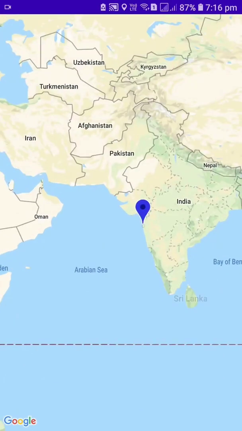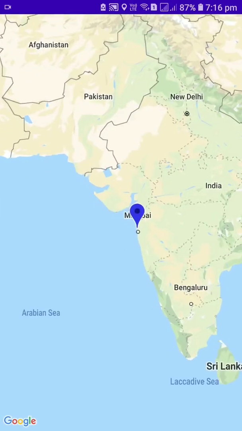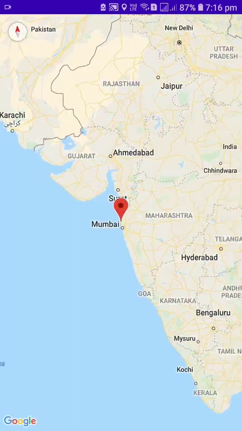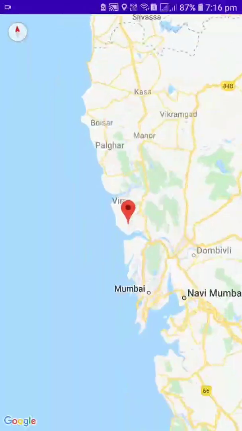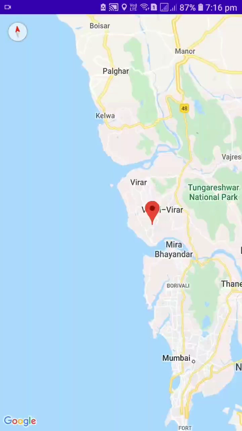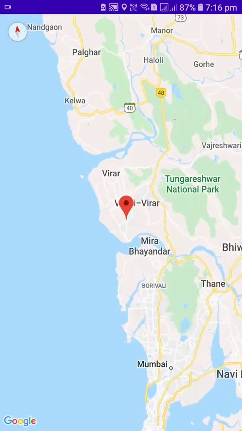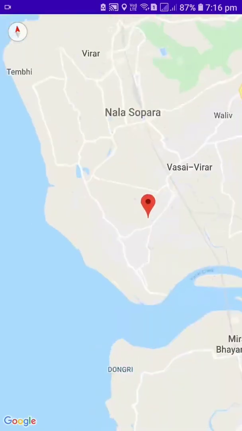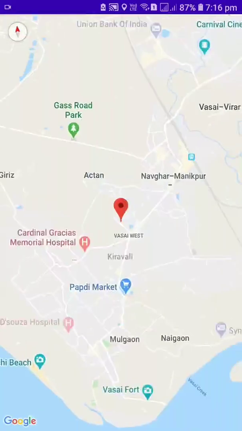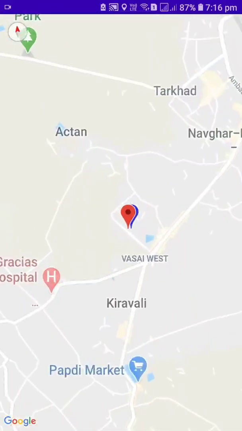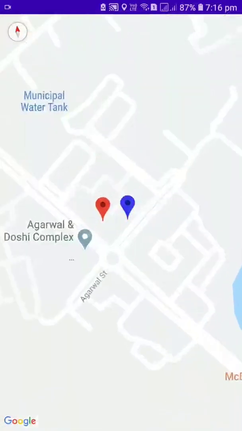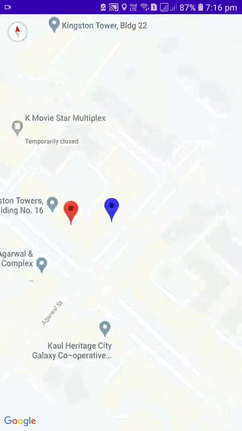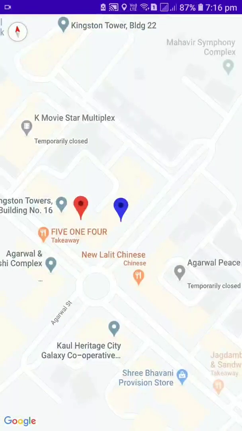So here we get our location. Since my location and the NGO's location are the same, it would be almost nearby. So you can see the location of the civilian and the NGO is very near.